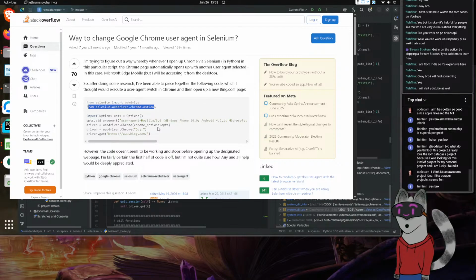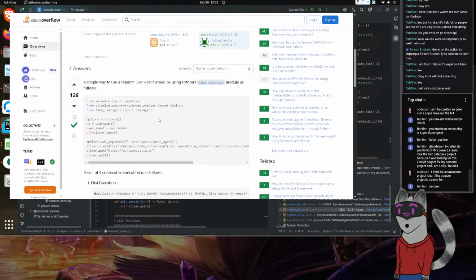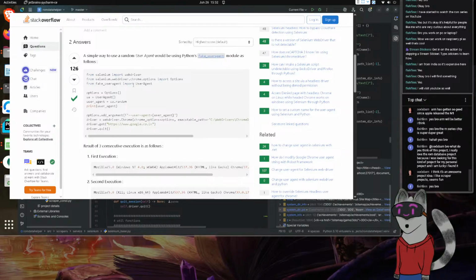Let's see here. There's fake user agent. Oh, I wonder. We'll probably have to look into that. For now, we're getting the options. Let's grab options.